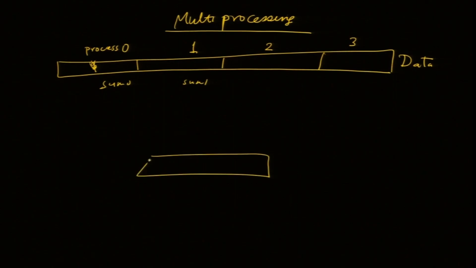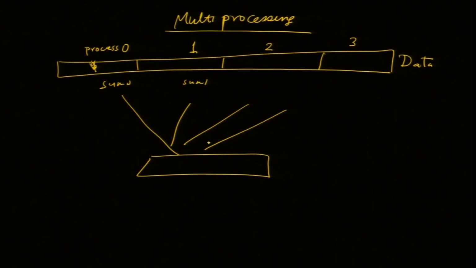Then all the sums are added. So, we will see how to first create processes, partition the data so that each processor gets its own data, and then how to operate on the results of the processors. Processors have done some work, and we need to sum them up, for example, for the total. These are things to be done, and this programming is basically sequential code. We do some more stuff on the sequential code.